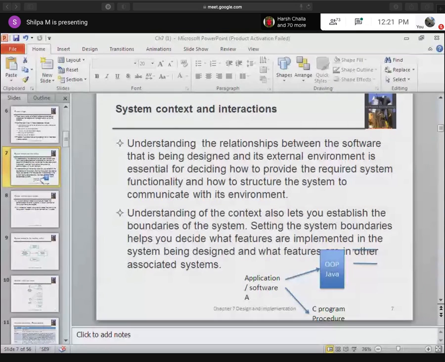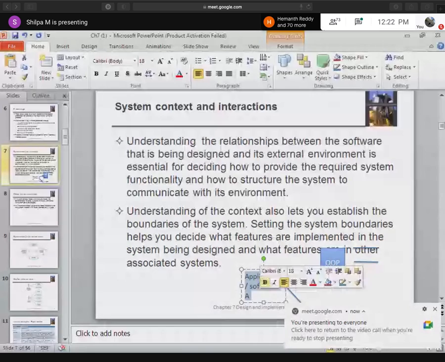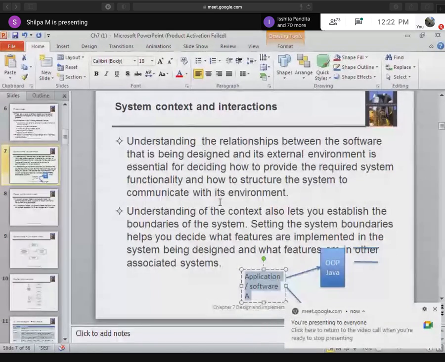Why? Because we need a clear distinguishing feature between the functionality that needs to be developed in the system. Let's say, for example, I have this application or software A that I need to develop. In this context model, the first phase is to learn what the functionalities are. Suppose there are 4 or 5 functionalities that I want to implement.